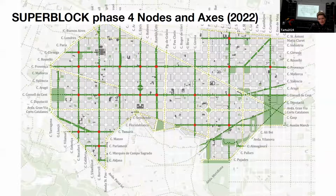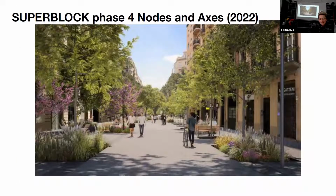And this is the last phase. We are there now. So it comes out again, this green transition, this image of streets as green corridors, because this new generation of superblocks includes this concept on streets through this combined structure of nodes and axes. 4 of these nodes and 4 of these axes were the object of a competition, and they will be implemented in 2002. So I wanted to show you how in the images of the competition, this green transition is quite evident. So this could be rain gardens, or